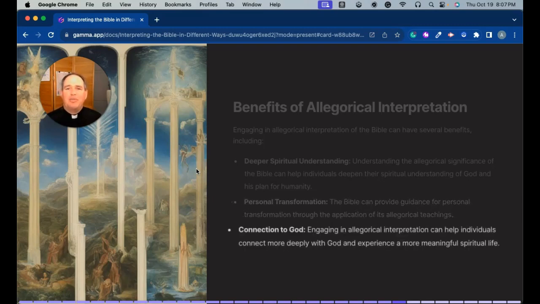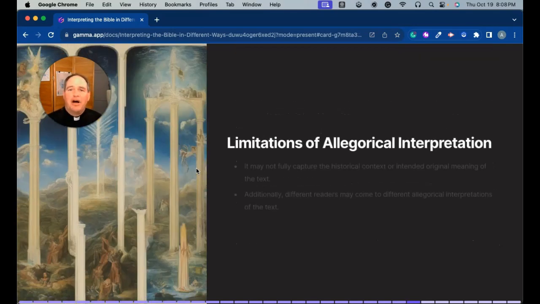They can help us become better people. And finally, these allegories can help us connect more deeply with God, because we're looking for those deeper meanings. It's not just a story about Moses lighting a bush on fire or carving some rocks. There's a deeper meaning. It's not just a story about bread coming down from heaven. It's God caring for us, so we can make some deeper connections with God.